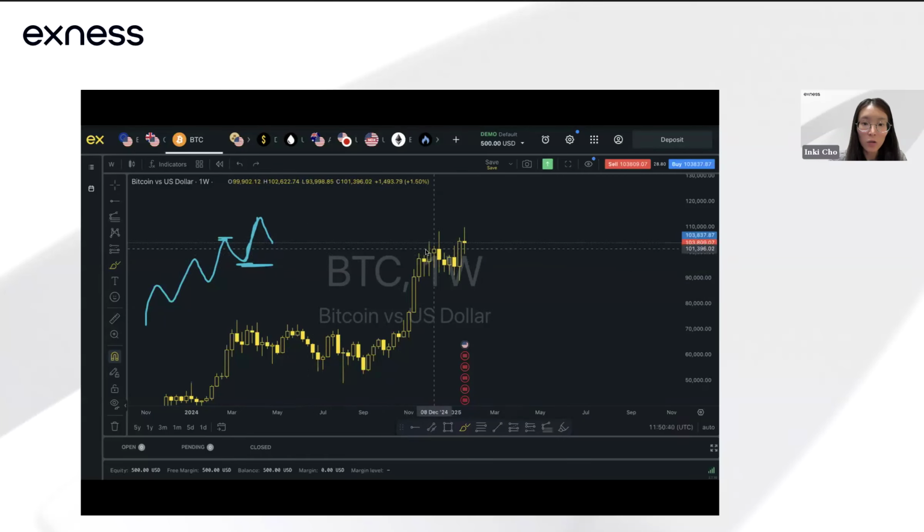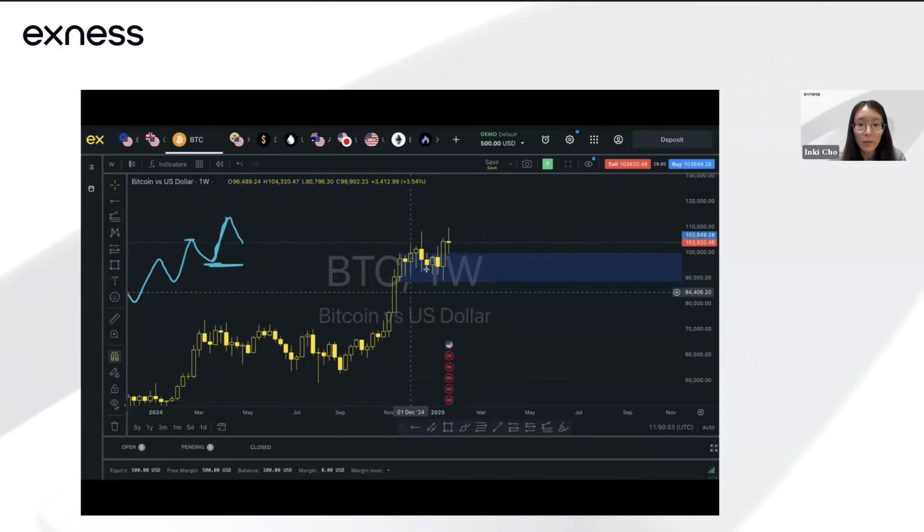Just tracking the last highs and lows, you can see what happens after is that this candle actually breaks and closes above the last high, which is this high here. So it created this as the last area of demand. So on the weekly, notice that price is still holding above this low, the low of this candle. You can see that price pushed into the demand zone and we're seeing that pullback again.